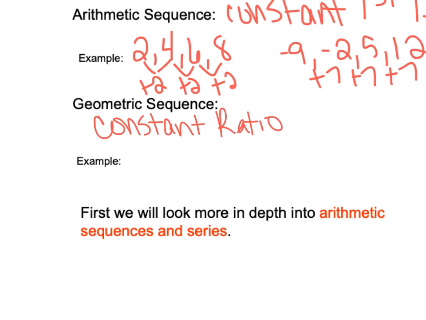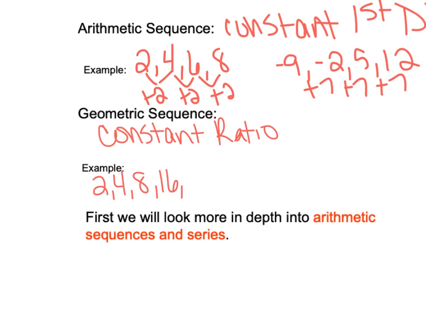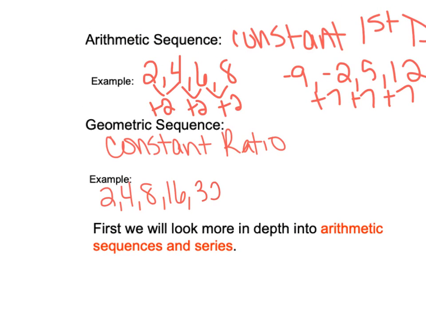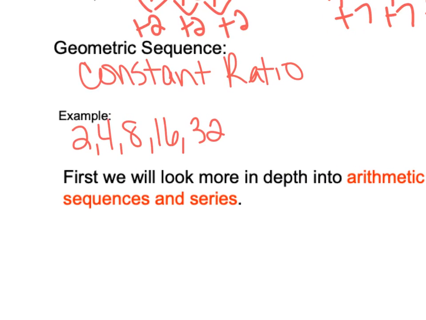So for instance, if we had 2, 4, 8, 16, 32, to find our ratio, we basically divide 2 of the terms in our sequence. So 4 divided by 2, this is like times 2, times 2, times 2, times 2, which means it's geometric because it's being multiplied by something each time. And it can go the other way. So for instance, 9,